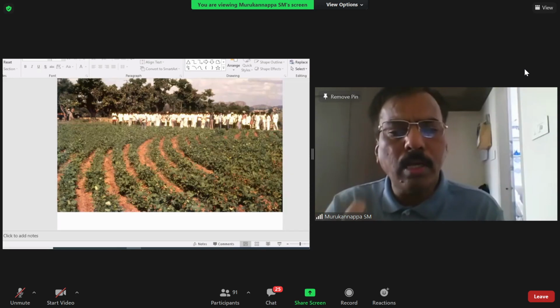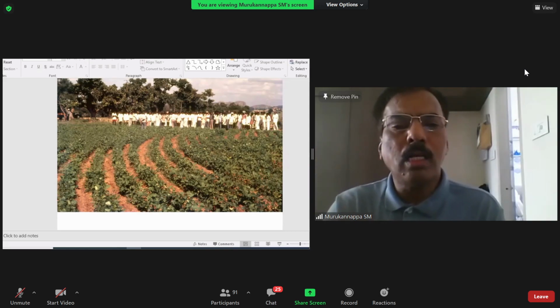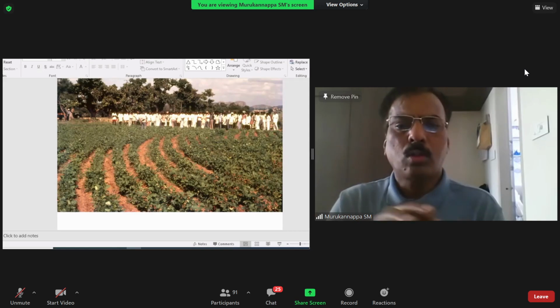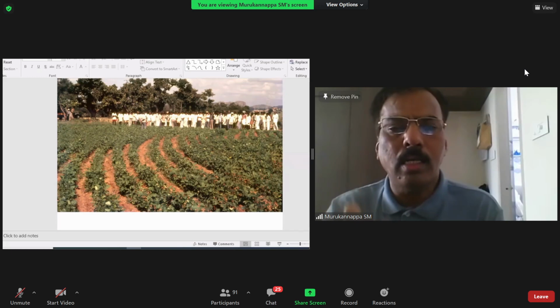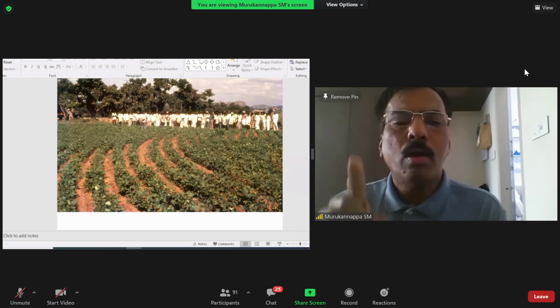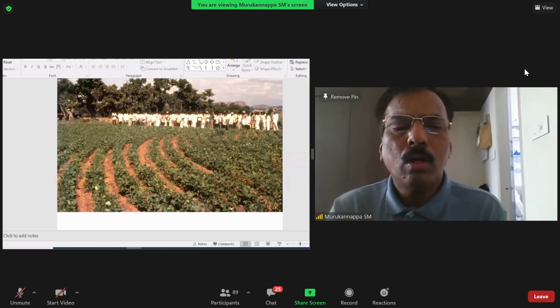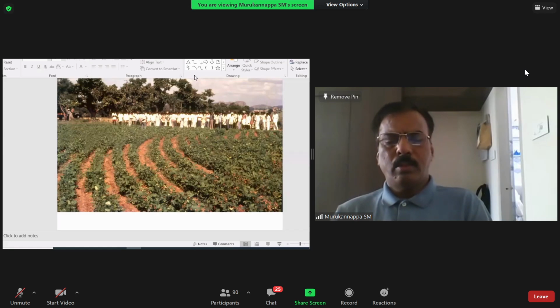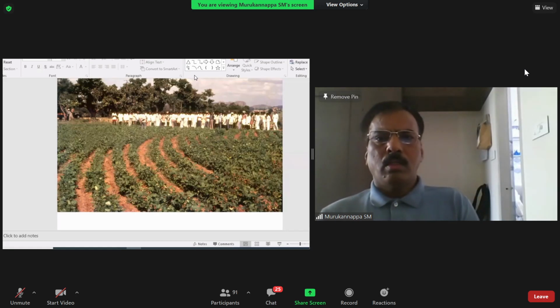When the flowing water is very, very slow, what happens? More water is infiltrated, more water is conserved, more water is absorbed by the soil. In this way, more and more rainwater is conserved by following contour cultivation. Tell me, make a chart, please. Did you understand this concept? Did you understand this concept? Yes, please.